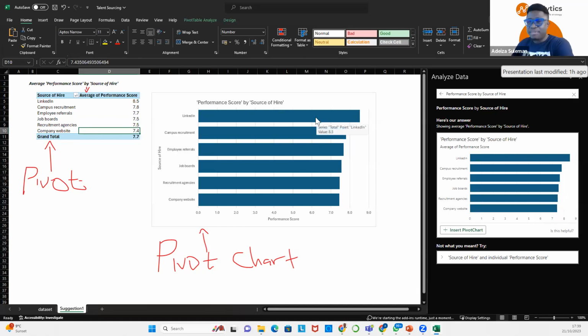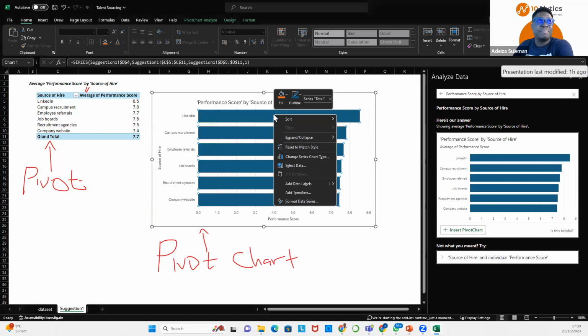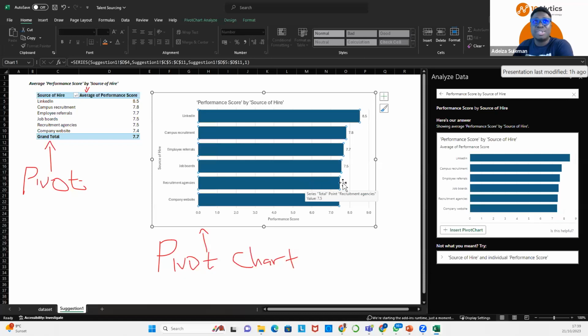The last thing I'll do here before we move to the next question is right-click on any of these bars and click on Add Data Labels. Once I click on add data labels, you'd see the number, the average score per recruitment channel or source of hire.